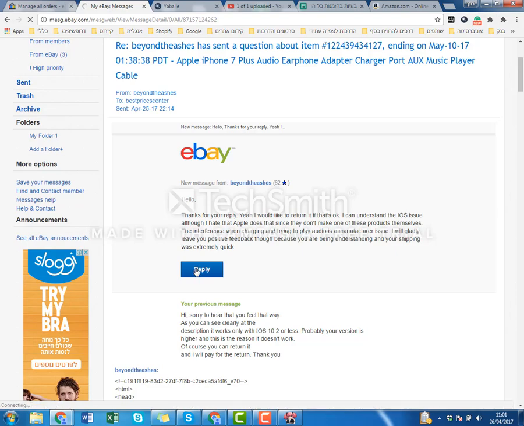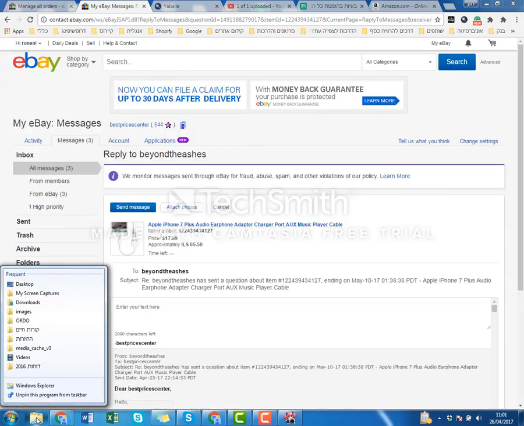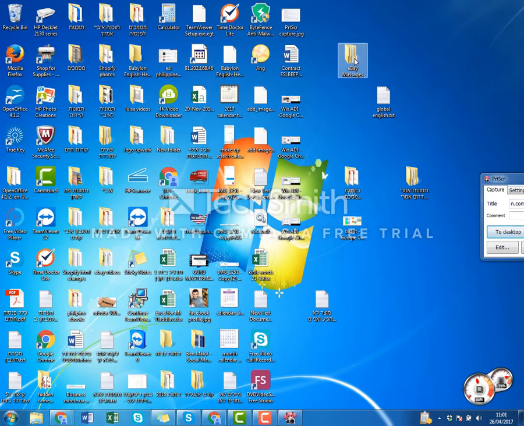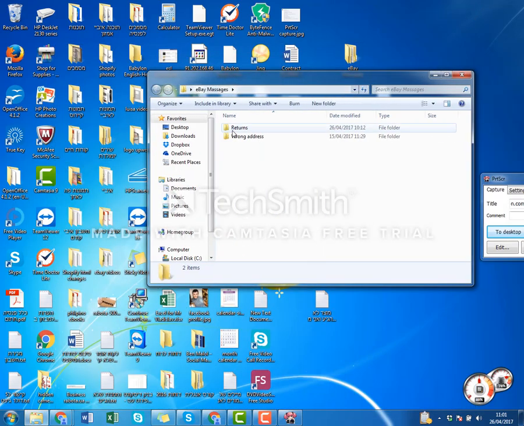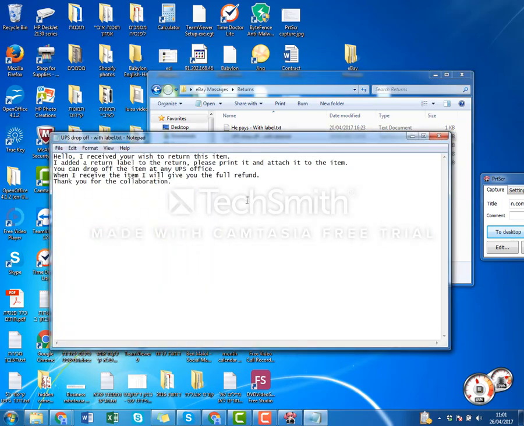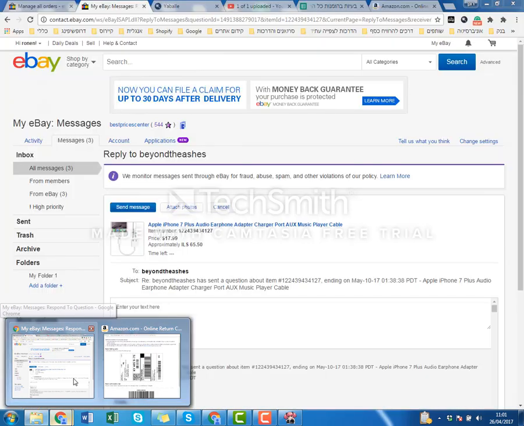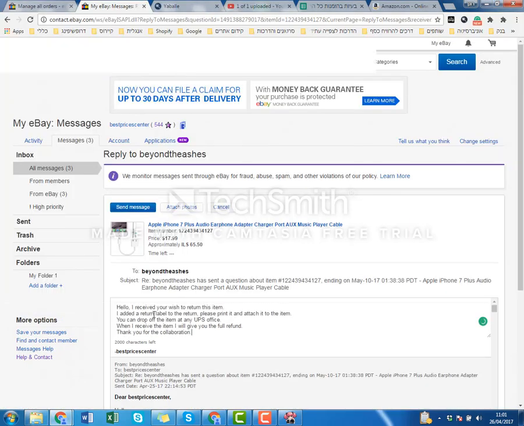For those returns we have prepared documents where we can just prepare messages. We can just send him this message. I will show you, I will send you these returns, and this was a UPS drop-off with label. I will copy this. I will send him this as a message. Read the message because this is a generic one. Maybe it can change from customer to customer,